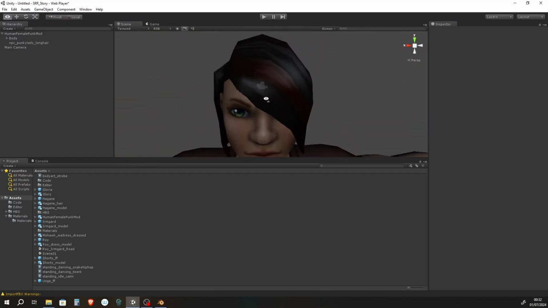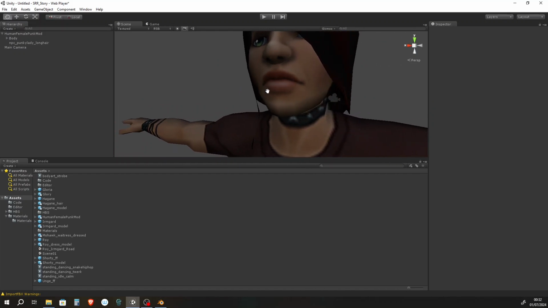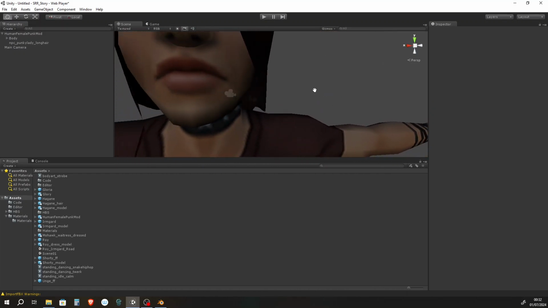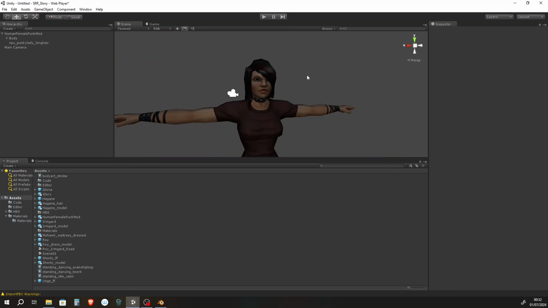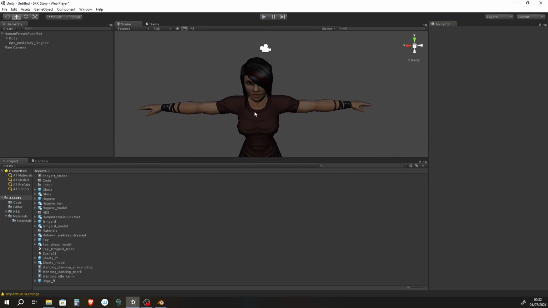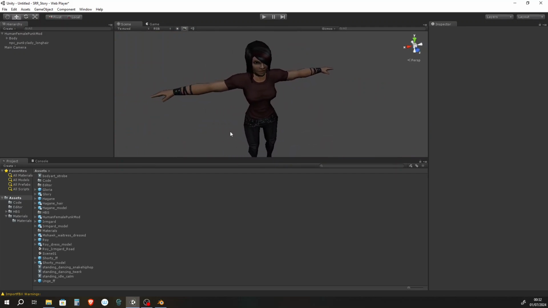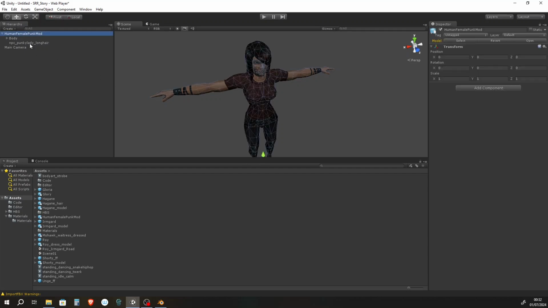Double-sided is not going to matter too much. I think they have already made it double-sided by adding two layers of hair. It doesn't make too much difference in the game. These characters are pretty small in game, so you wouldn't ever notice whether her hair is double-sided or not. But anyway, on the main object, you're going to put the player body